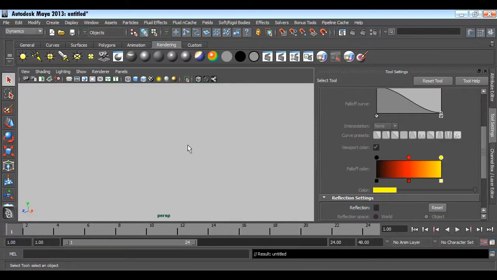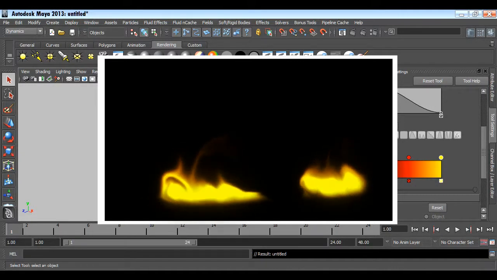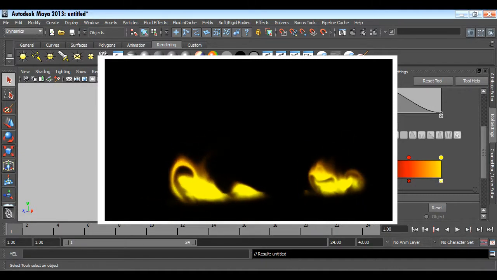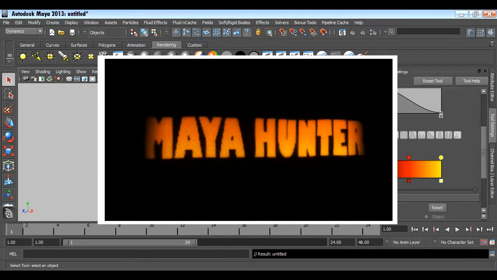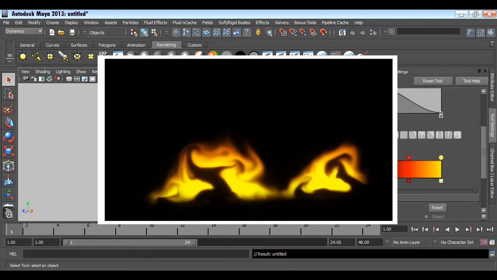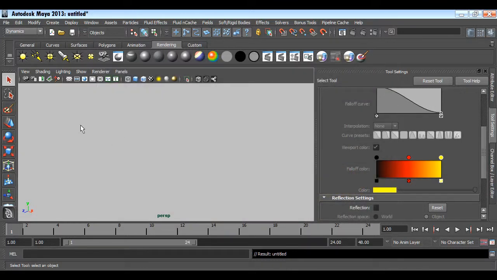Hi, we are going to learn making a very fancy and interesting effect where we'll have smoke kind of thing, and slowly this smoke will turn into a text or any kind of symbol you have. We will create this effect using the Maya Fluid. So for that, make sure that you are in the Dynamics menu set.